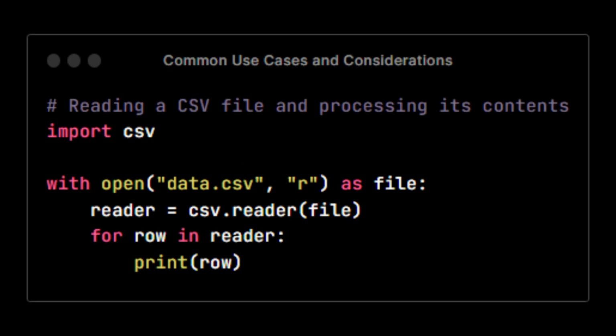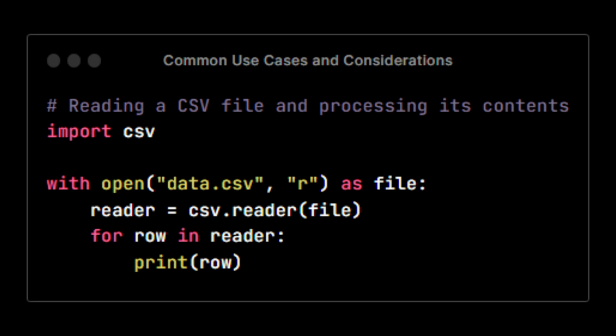Common use cases and considerations. File operations in Python are used in various scenarios, such as reading configuration files, logging data to a file, processing large data sets, and working with external data sources. It is important to handle file operations carefully, ensuring proper file closing and exception handling to prevent resource leaks and